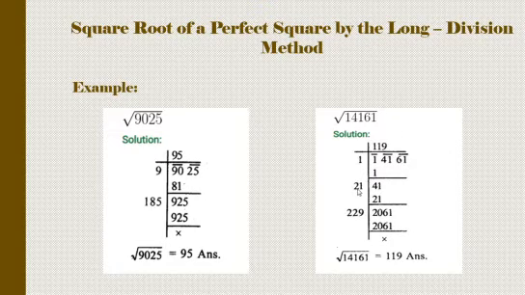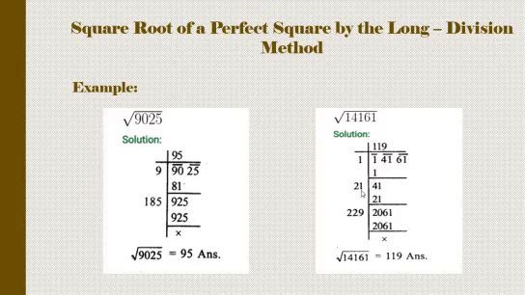1 1s are 1. And here we have to add this 1. 1 plus 1, 2. Now bring these two numbers together down. 41 comes down. Now with 2 we want one such number so that if we multiply by that number, we can get either 41 or less than 41. So if we multiply here 22 into 2, what will we get? We will get 44. 44 is greater than 41.